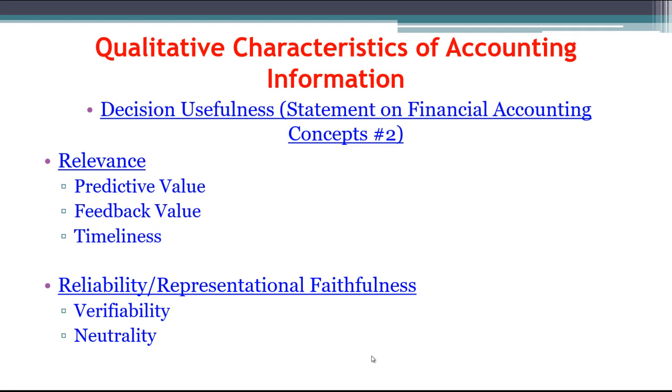Then we move on to the reliability / representational faithfulness. I explained earlier what representational faithfulness means. But we have verifiability, which again, generally speaking, we're talking about the auditor having the ability to go in because they have access directly to the company's books. They have the ability to go into those books and recount inventory, re-examine procedures, evaluate the bank reconciliation, just redo things, just a sample obviously, not everything, and they should be able to come up with the same final results that the company did in their accounting. Generally, an external user wouldn't be able to do so just because they wouldn't have all the detail they need for it.